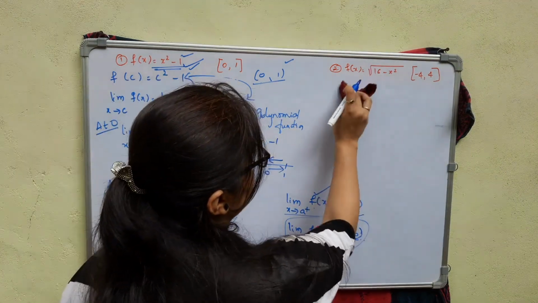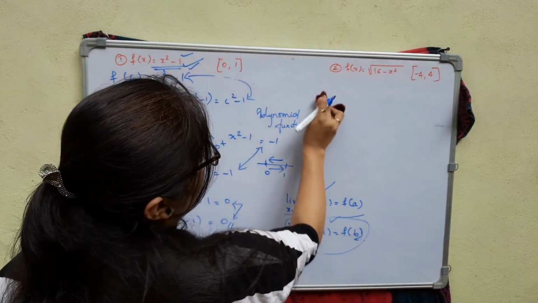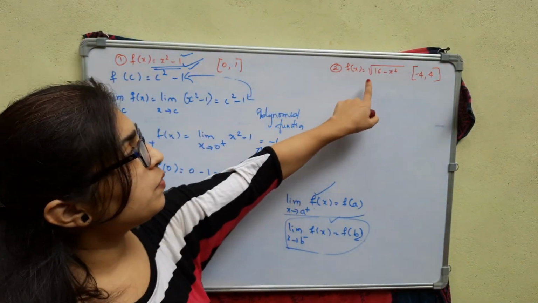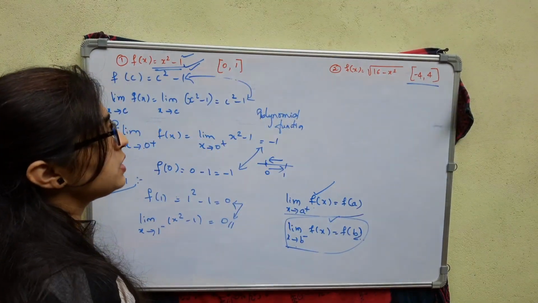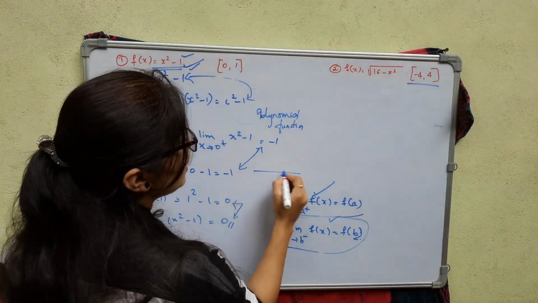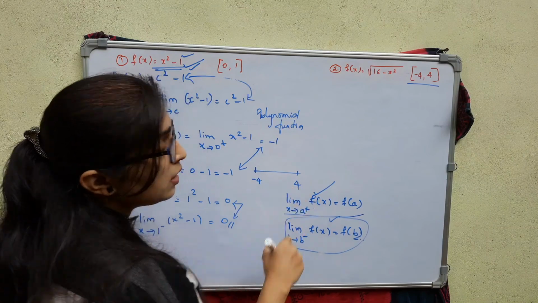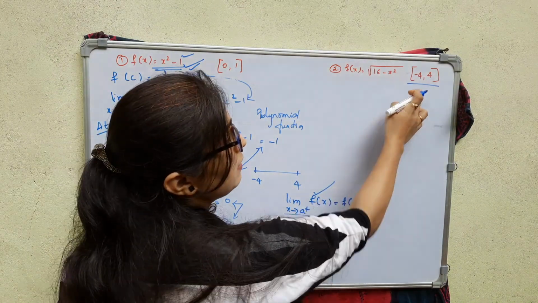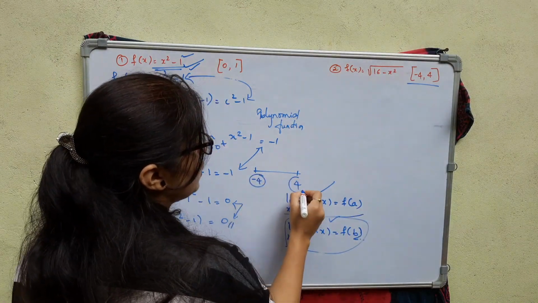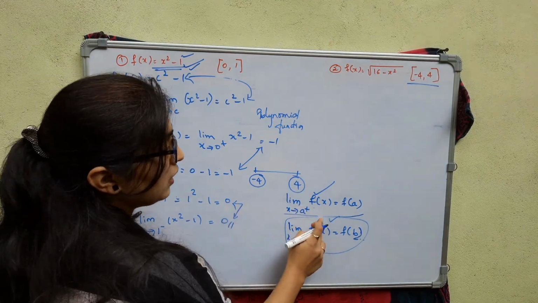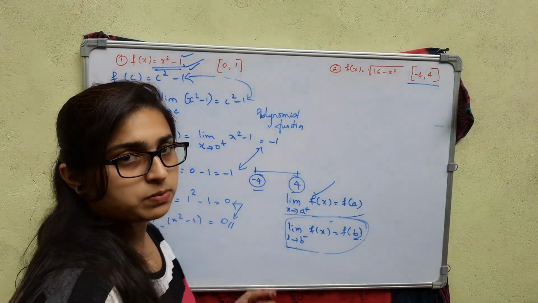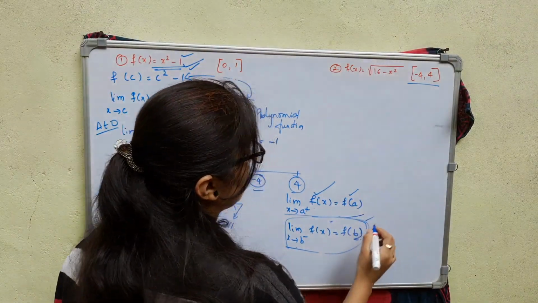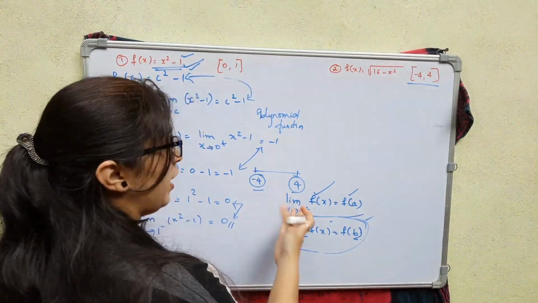Next, we will take this. f of x is equal to square root of 16 minus x square, and we have considered the closed interval minus 4 comma 4. So here minus 4 comma 4 is the interval. A closed interval is nothing but we are including these 2 points also. So we have this formula to check at the extremes. We also call them the start and end points.